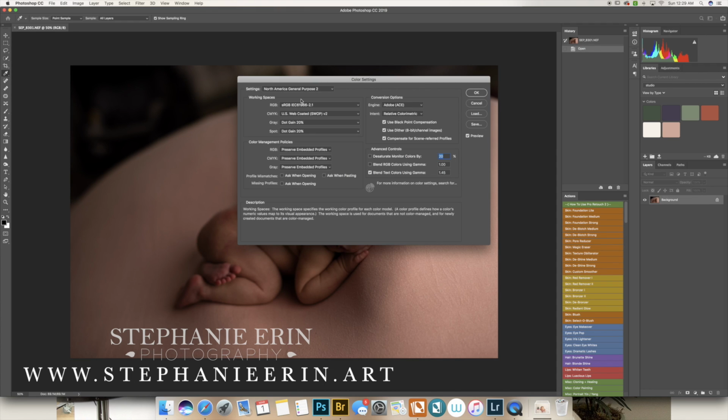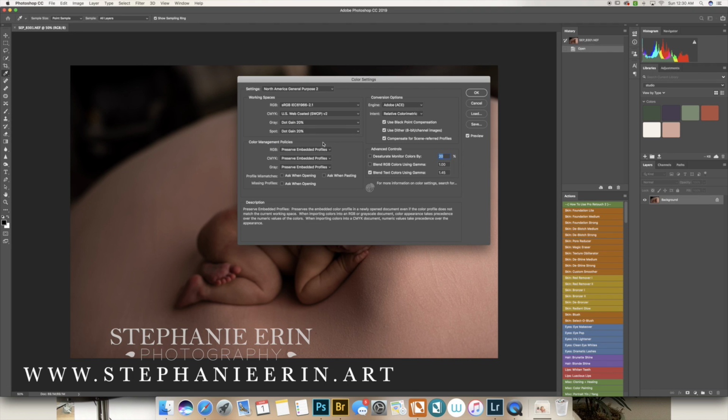Photoshop does not work in its own color profile. You can change it here through a different way, but this category just ensures that if you open up an image that does not have an assigned color space, it will change it to sRGB for you. Okay,